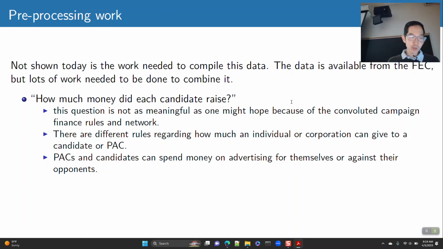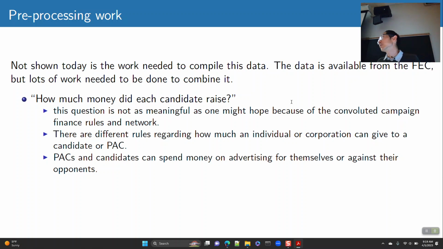What I'm skipping over is a lot of work that was required to compile the data. The data comes from the FEC, but there was a lot of work that needed to be done to combine it. We're skipping over all of that and going to just dive into the data visualization. But a big aspect of data science is also cleaning up your data so you can start working with it. Okay, we're going to start off with this overall question of exploration, which is